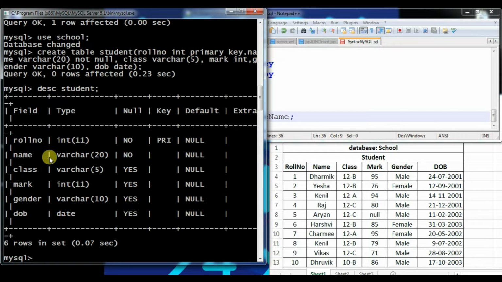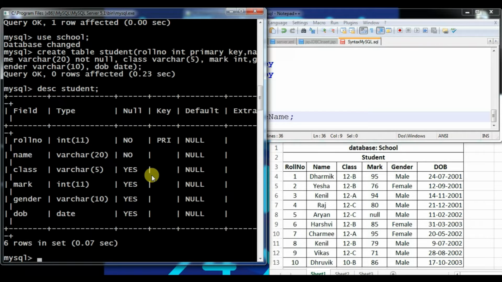And if you remember, we have assigned not null in the name, so we can't assign a null value there. So the first two say no in the null field, meaning you can't enter a null value in the first two fields. After that you can. And key as PRI means we had assigned primary in the very first field. What is default and what is extra? Suppose you had assigned something like auto increment as a constraint; we'll see that again, but right now this is the basic syntax to create the table.